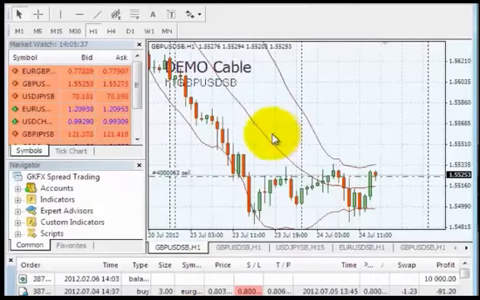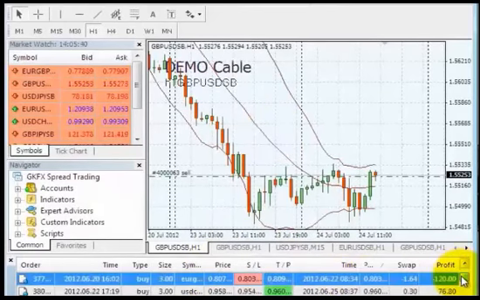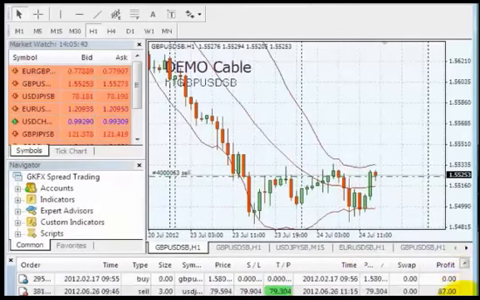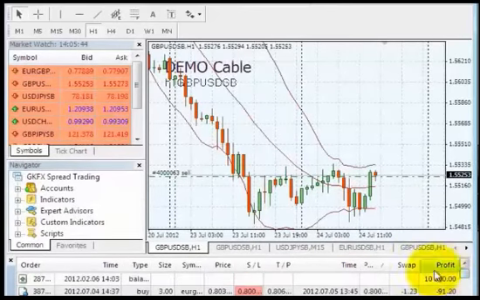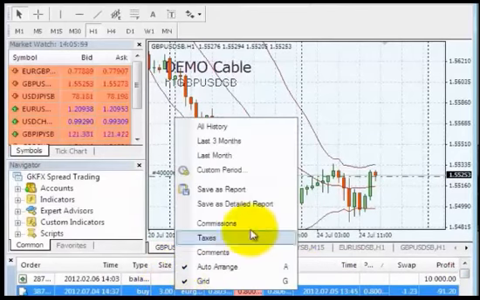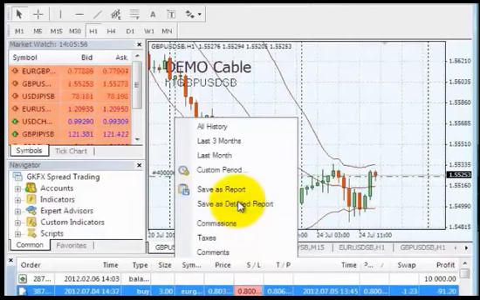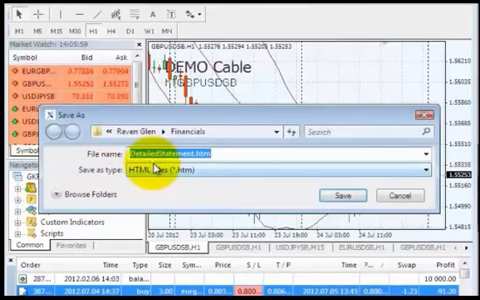You can then order a HTML file to be generated, which will give you a record of every single transaction in HTML format, so you can view it in a web browser, and it will show you every trade for that selected period. So you select Save as Detailed Report, and we'll use the file name